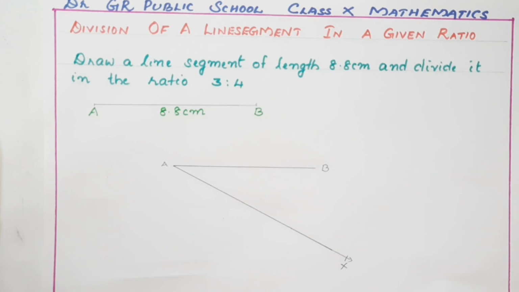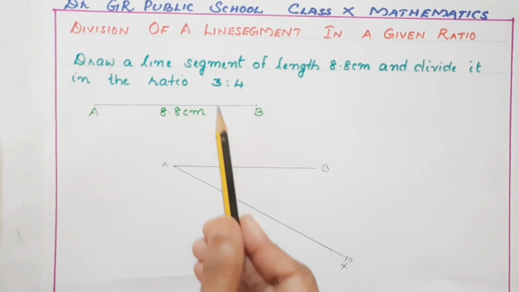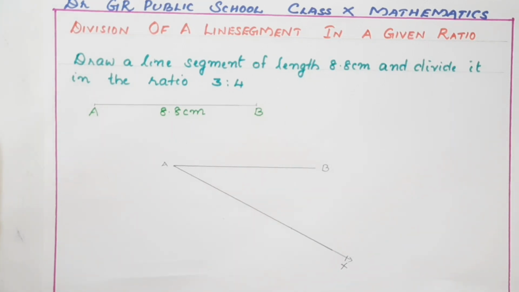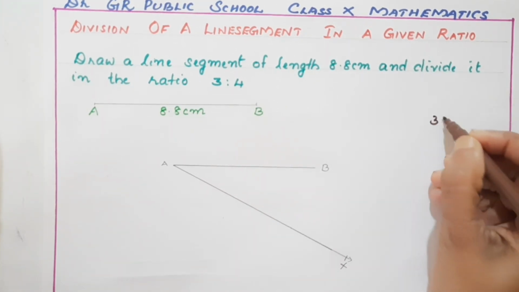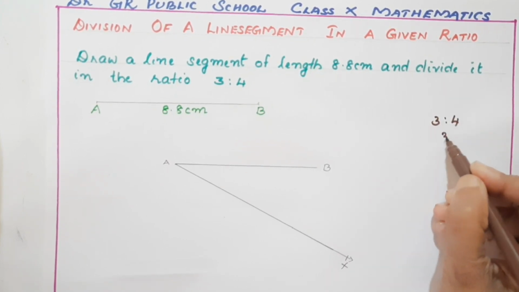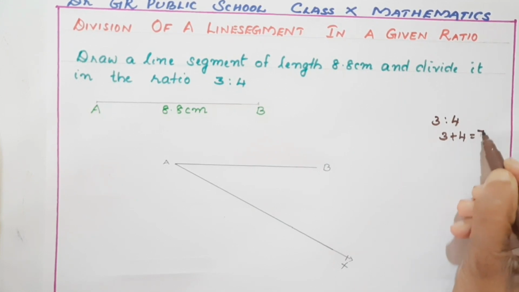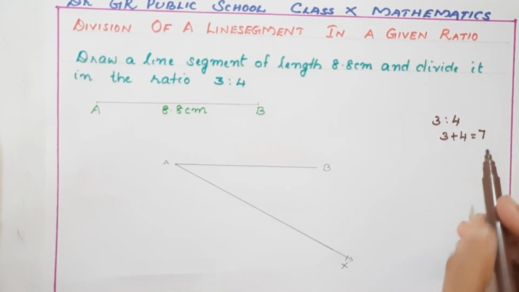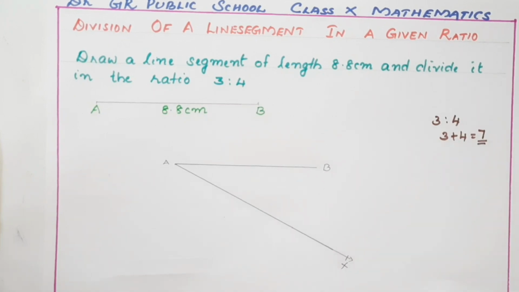Okay, now what you have to do is check the ratio. What is our ratio? 3:4. Okay, 3:4. We have to take the sum of these two terms. 3 plus 4, 7. Now we have to make 7 equal parts on this new ray AX. We have to make 7 equal parts. 7 equal parts on this new ray. Okay, for that